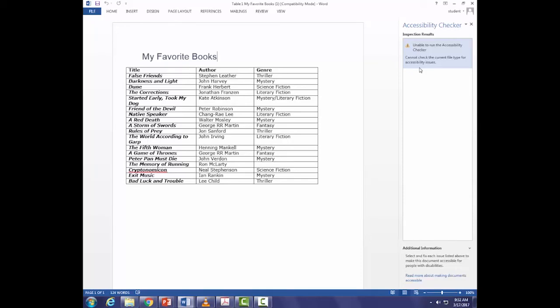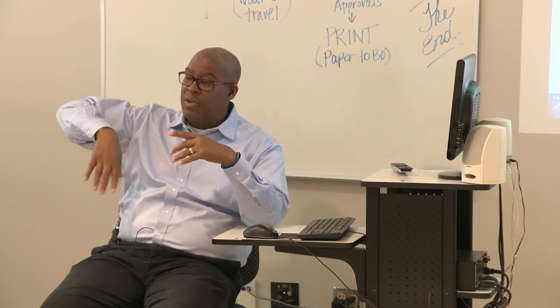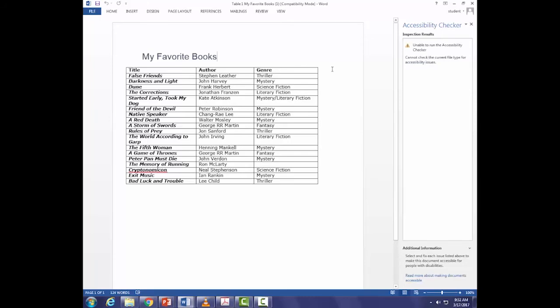Now, the reason I'm saving this under that old format, again, I'm making a couple assumptions here. First assumption is that you created an accessible Word document. You checked and double checked. You got the green check mark. You also used common sense and looked at it. We've done that. I then save it as a 97-2003 document, and I'm going to show you why in just a second. So now I'm ready to convert this to a PDF.